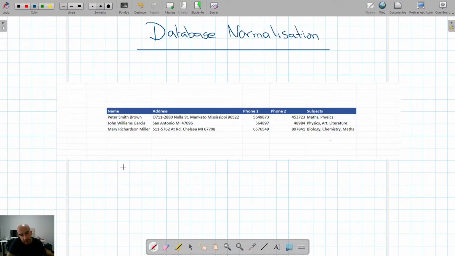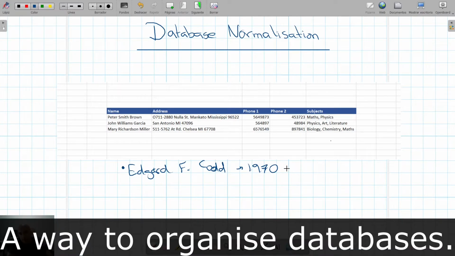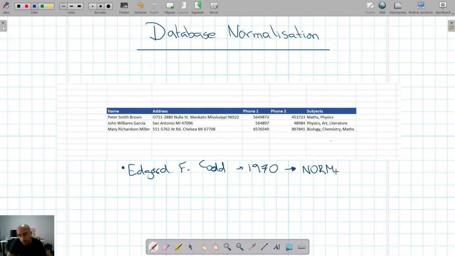Okay, so fortunately enough, there was this man called Edgar F. Codd, who in the 1970s created or proposed a relational way of making databases more efficient, which is what we call normalization. And he proposed this system, which is being used up until now, which consisted of various stages, each one depending on the one before, and they were called first normal form,